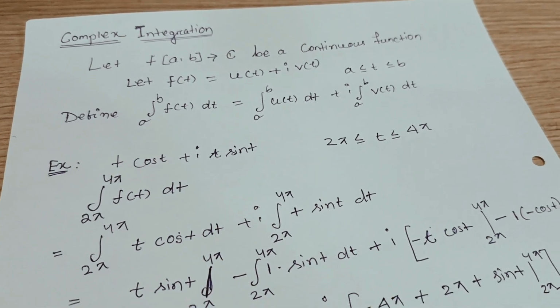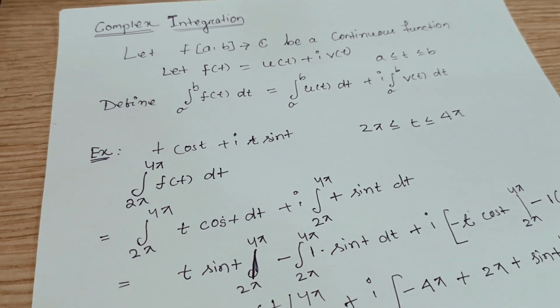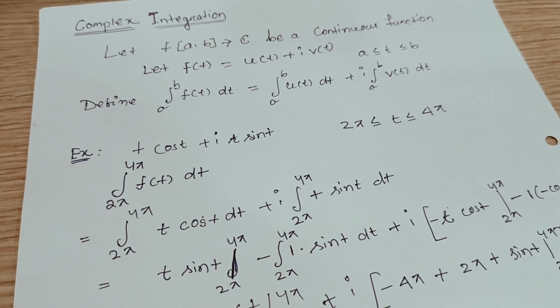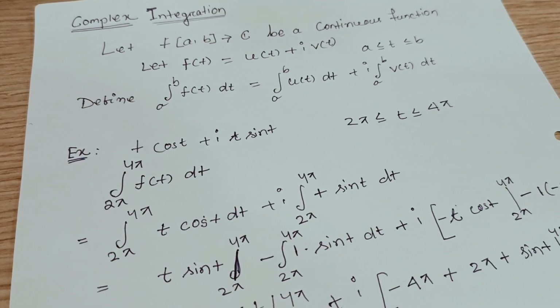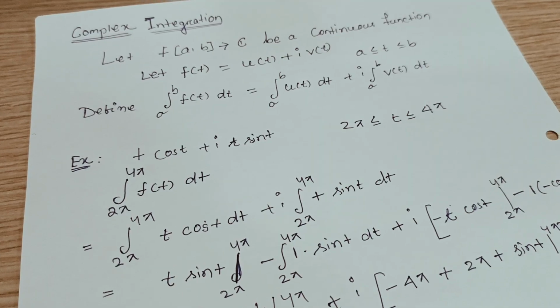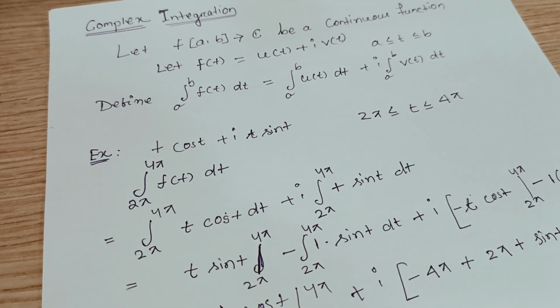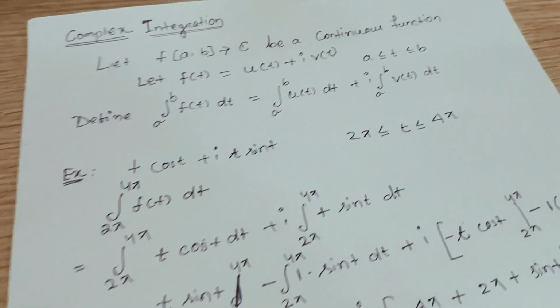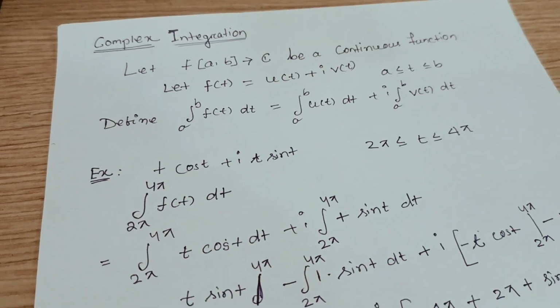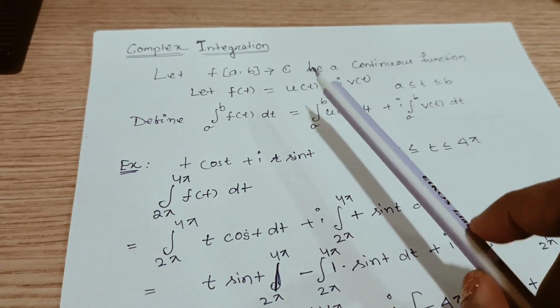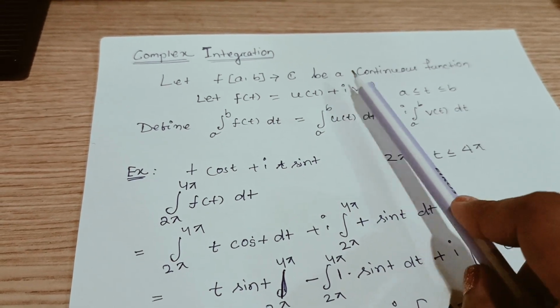Today I will discuss complex integration. Now the properties of analytic functions are very much related to integration of complex functions. So complex integration next brings out the properties of analytic functions. Complex integration: let f from [a,b] to C be a continuous function, where [a,b] is a closed